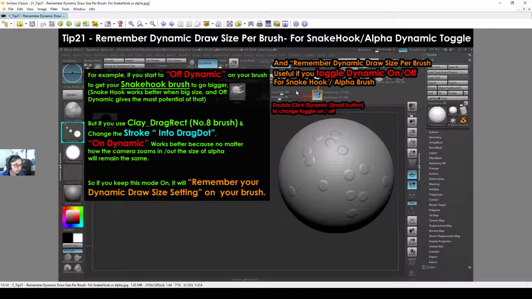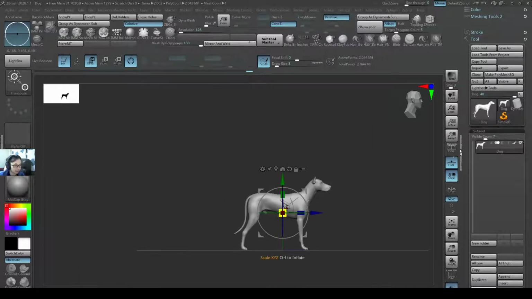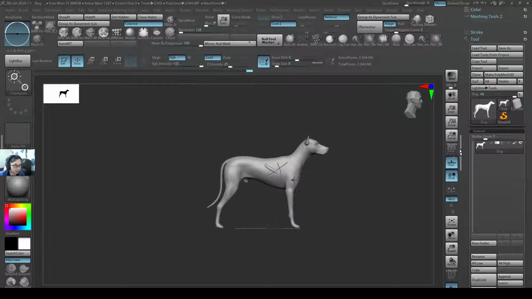Okay, so what does it do? Remember dynamic mode for draw brush. If you toggle this on, it will affect the dynamic, which is this very small button. So for example, if you start to turn off dynamic on your SnakeHook brush to make it go bigger, I've talked about this before, which is when you have, let's say, a very big dog, and then you use your SnakeHook